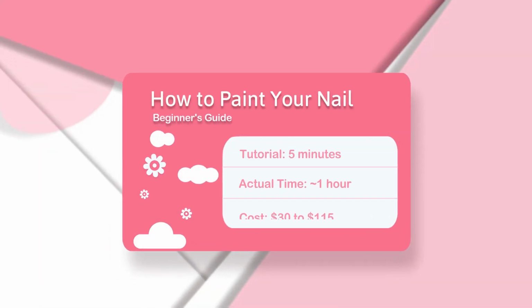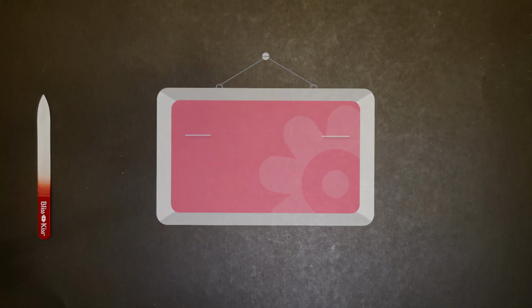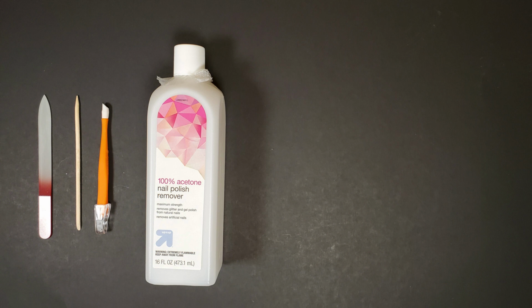So let's get started on this beginner's guide to painting your nails at home. It's going to be quick and easy, and perfect if you don't want to spend a lot of time and money. For materials, I've got a glass file, 2 cuticle pushers, the wooden kind and the rubber tipped kind, 100% acetone,